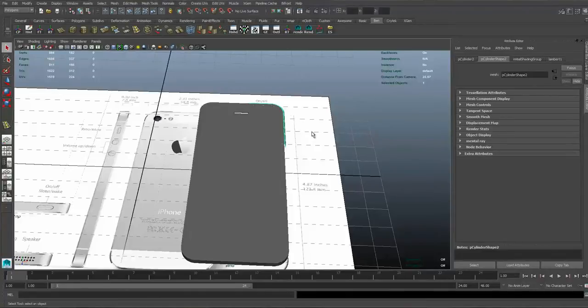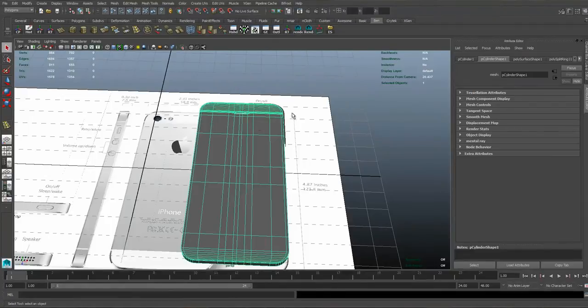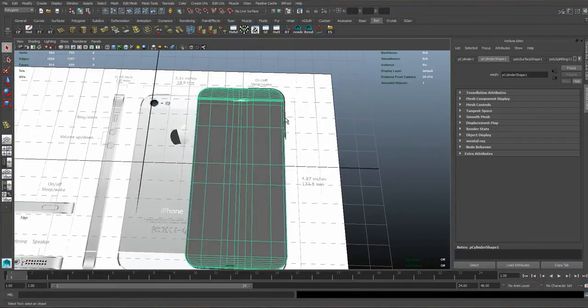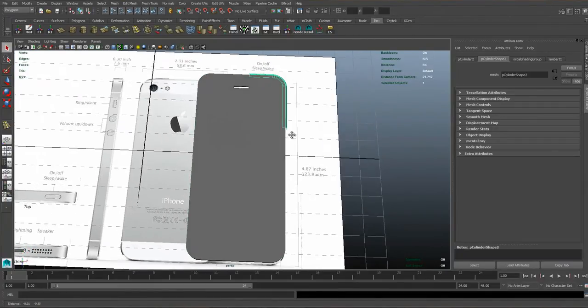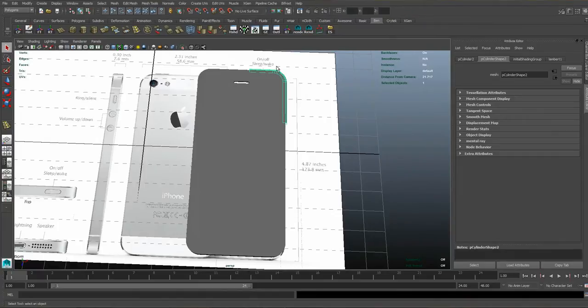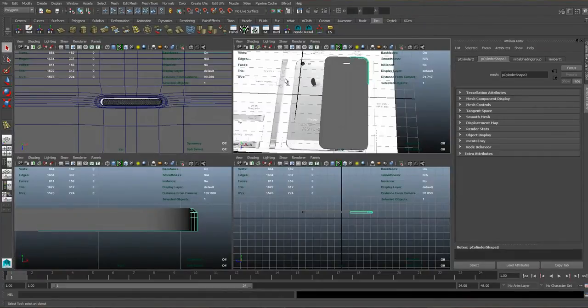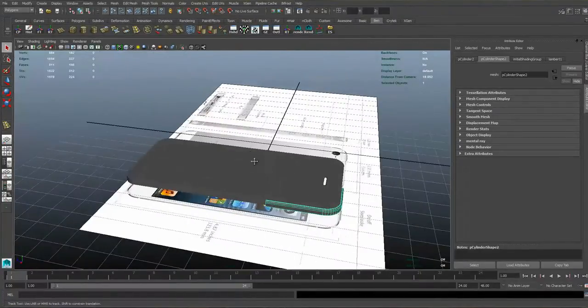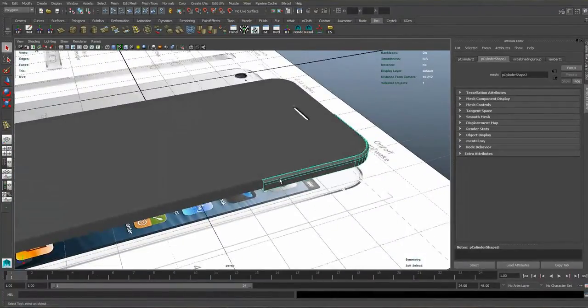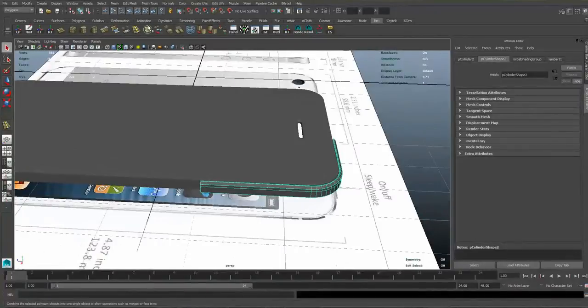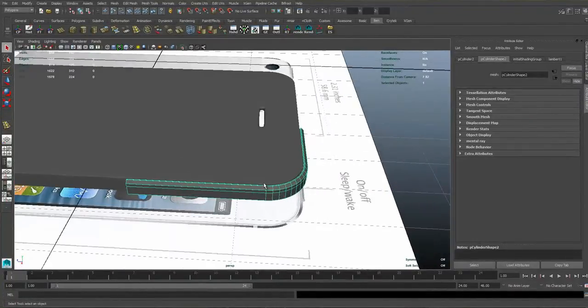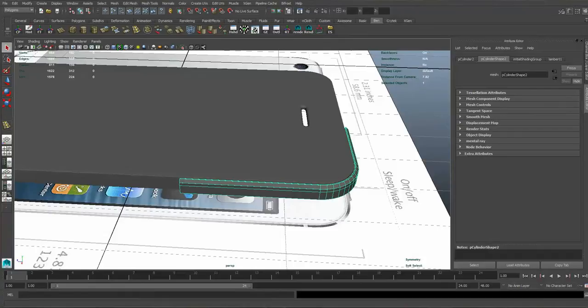Okay, in this tutorial we're continuing to model the phone. The last tutorial just focused on creating the main body of the phone and the top corner of the metal area, which we will now finish working on. And the first thing we'll need to do is have a go at mirroring this geometry down the side of the phone. So I'll select this geometry, and this is the metal outer corner of the phone here,